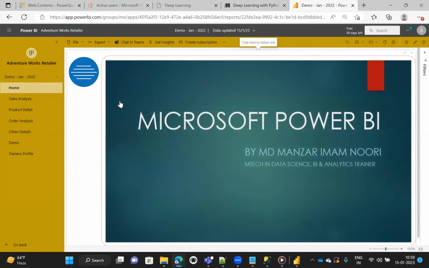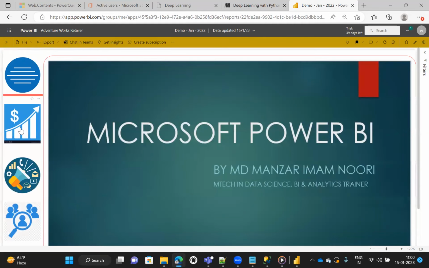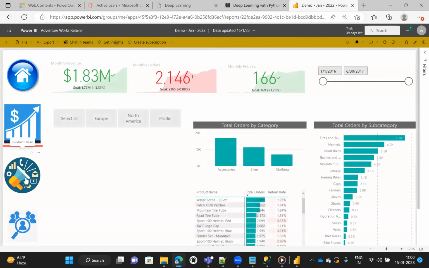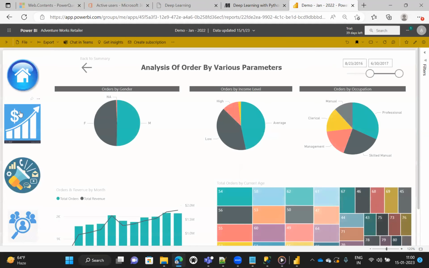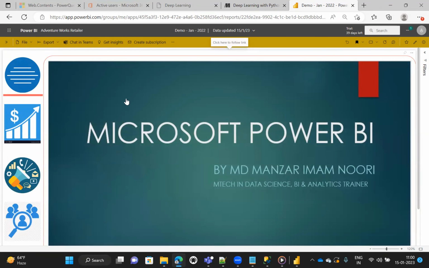Here you can see how the users will be seeing this. Users will consume the report from here. Everything is easily performed here, and from our apps, the users and all other people will be consuming the report.